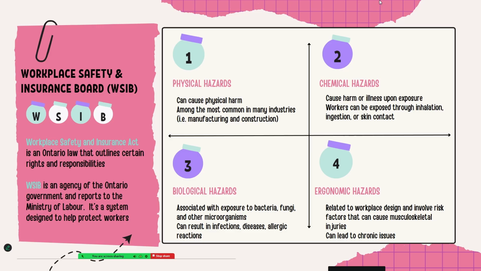The last one, and this is where we left off yesterday, were the ergonomic hazards related to workplace design and involve risk factors that can cause musculoskeletal injuries. These in turn can lead to chronic issues. When we're talking about musculoskeletal disorders, we're referring to the fact that workers in many different industries and occupations can be exposed to ergonomic hazards, or what we refer to as MSDs,